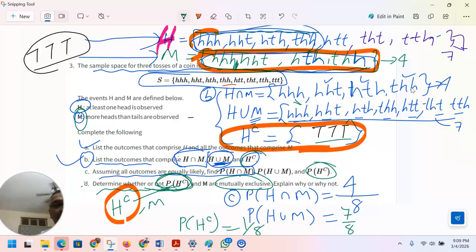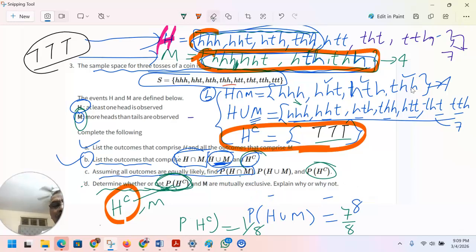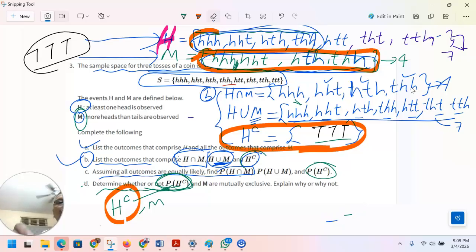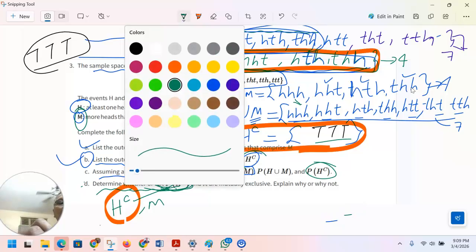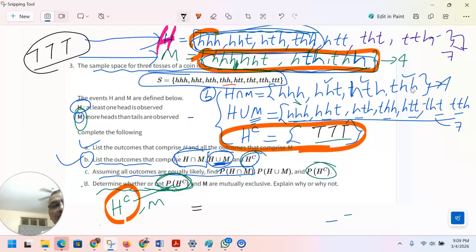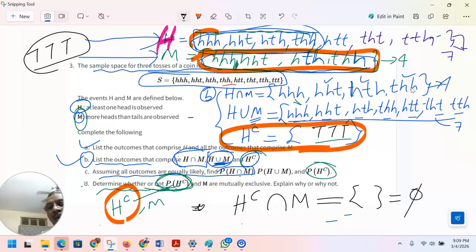So the last question I'm putting here is H complement and M, there's nothing. So this is like empty, it's like blank, there's nothing common. And because there is nothing common, we can say that the complement of H and M are